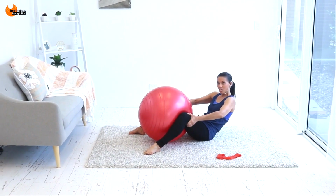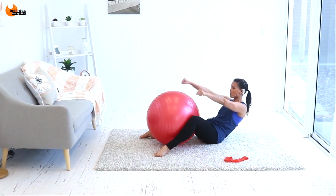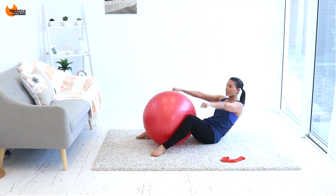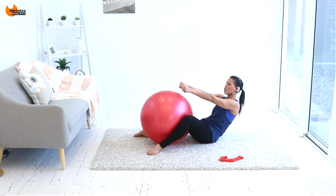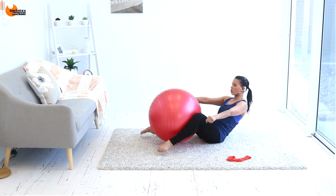Squeeze in on the ball and then tuck your hip. It's a squeeze and a tuck. You just bring your arms up and knock your fists together. So keep that squeeze on the ball. So the emphasis is on the back, and lift the ball up,